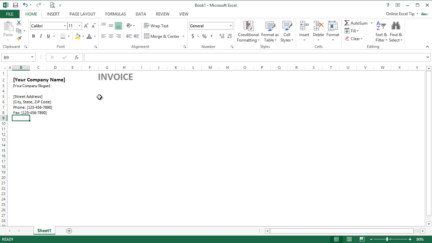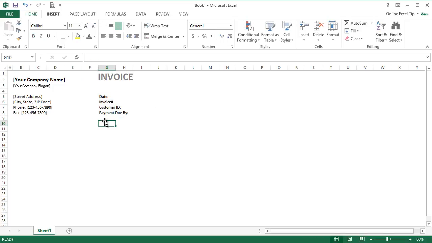Okay, now we type date in G5, invoice number in G6, customer ID in G7 and payment due by in G8. Now let's format all these 4 fields as bold. These are the standard details which almost every invoice template has.